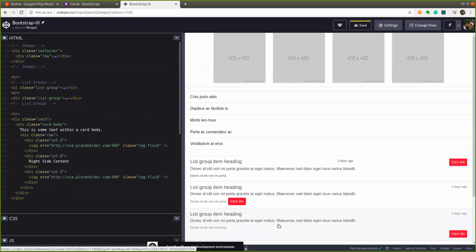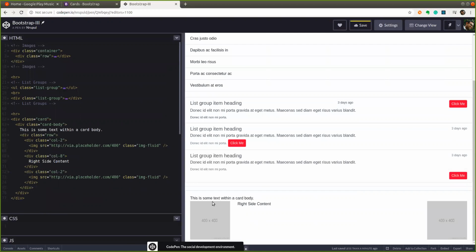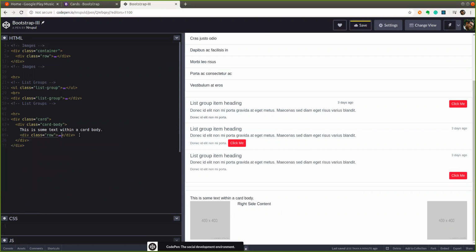So now you can see, because you created this kind of card, you can use it to display any kind of content. So inside the card you can put rows, or whatever things you want. Again, this is not only restricted to, let me put,